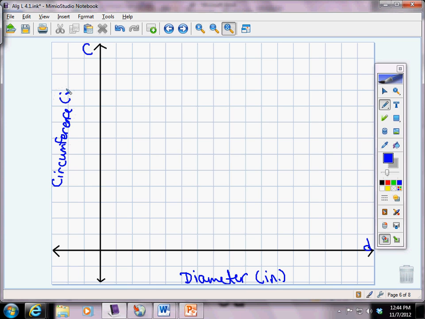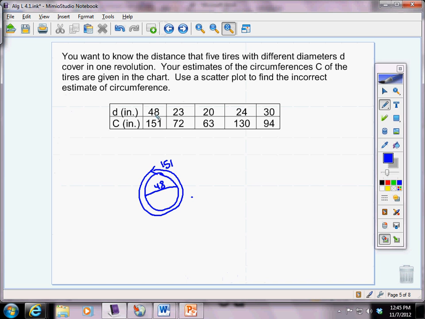And then all we're doing, ladies and gentlemen, is plotting these points. Now if you can't see the points, this right here becomes the point 48, 151. This is the point 23, 72. So if you look at our d values here, our independent variables, you see that our least value is 20 and it goes up to 48. So if I want to graph these,